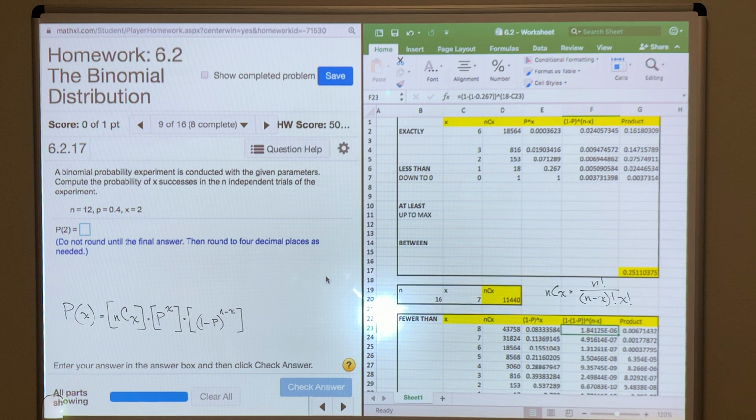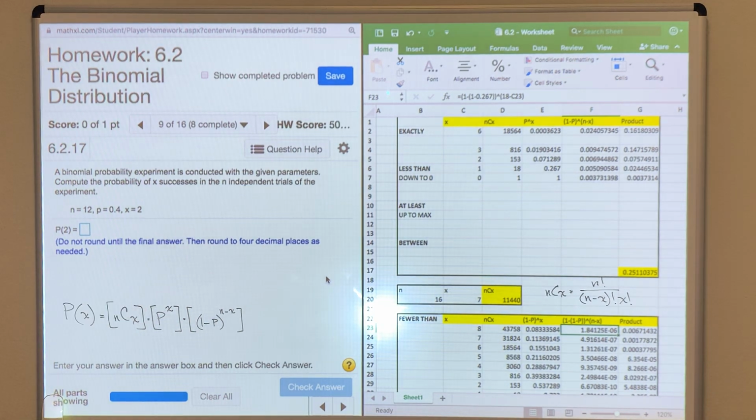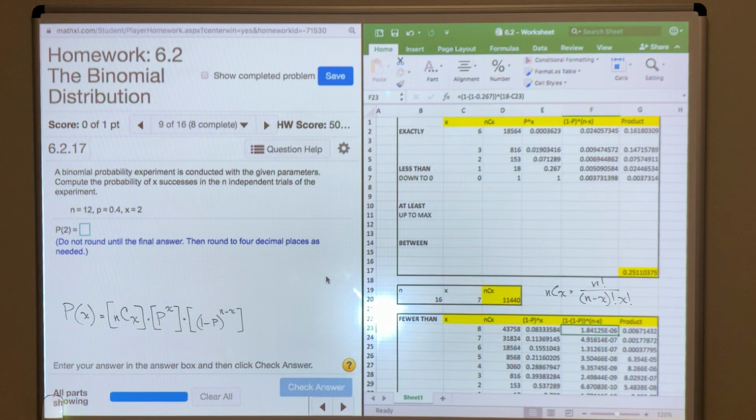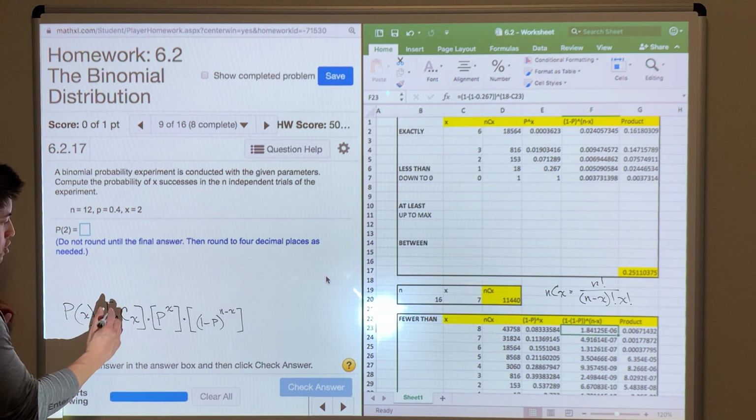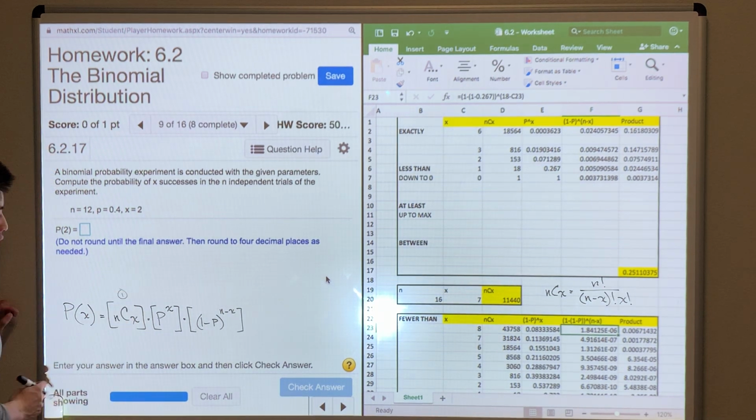So with that said, what I want to do is calculate this problem. Now that we know the formula, which is in your notes, where is it in your notes? It's right above the note that says binomial experiment. So that area that we've been talking about earlier with respect to binomial experiment, right above that is the formula for P of x. All right, so how do we calculate P of x? Well, let's first do this part right here, item number 1, NCX. So in other words, the combinations formula,